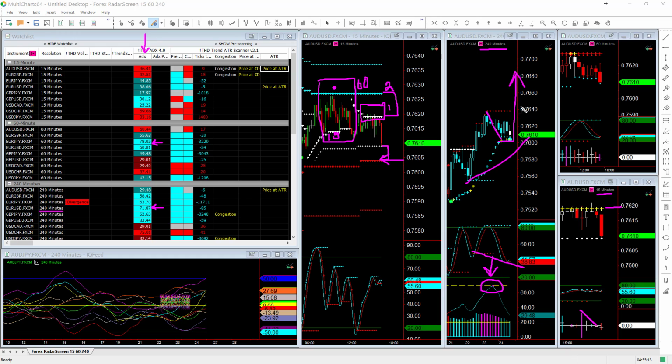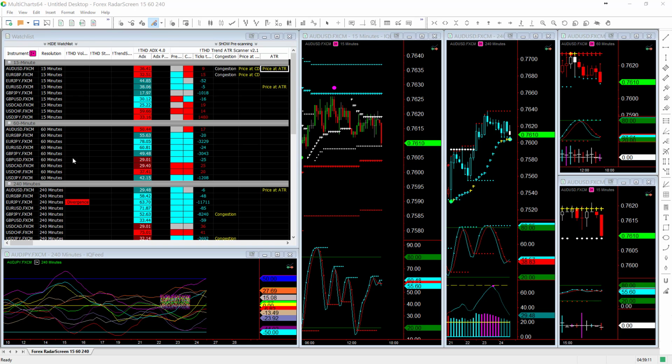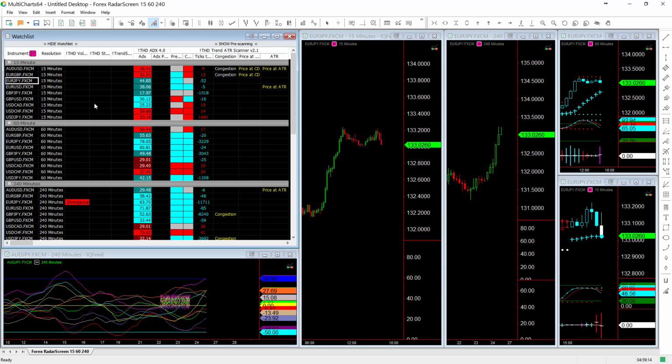You can also see that you have a dark blue here. You have a dark blue here. That tells me more than likely we have had a magenta peak on these two time frames. Now, we still have the ATR below price. And I know that because these cells right here are blue. Again, a lot of information to process, but if we switch over and let's click on, for example, the Euro